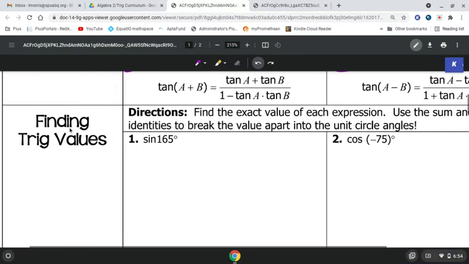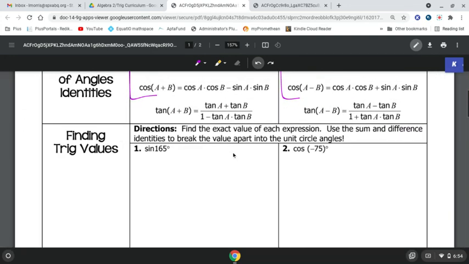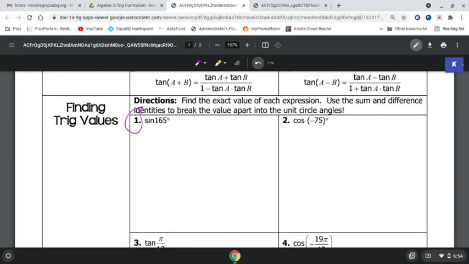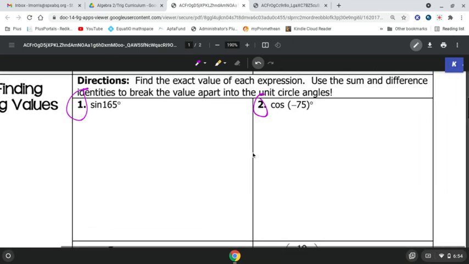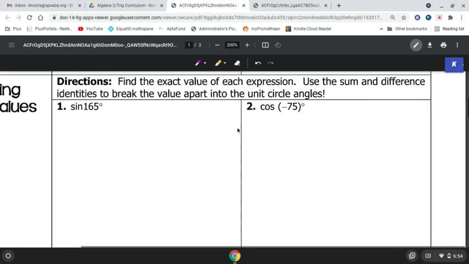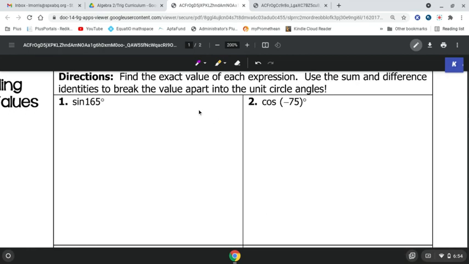So here's what we're going to do. We're going to find trig values. Now this is the only thing we're going to focus on. We're going to focus on number 1 and number 2. So we're not going to do anything else. This is kind of the basics of this. That way when you get into the next math, you'll be able to do these. So what we're going to do is focus on degrees and setting these up, and then using the unit circle as well. That way you can be familiar with it. So,